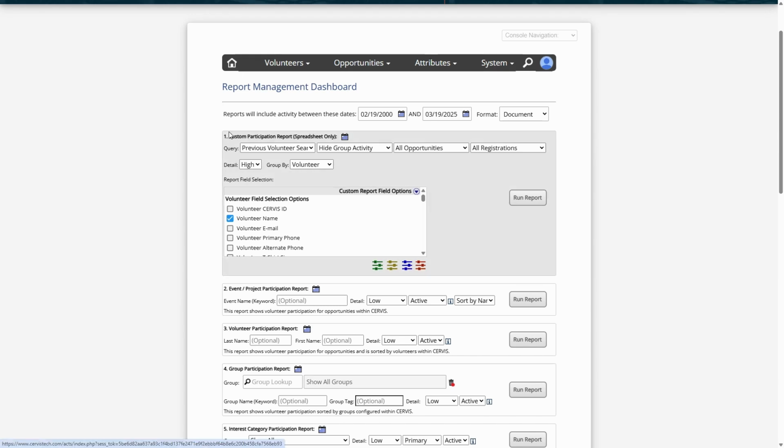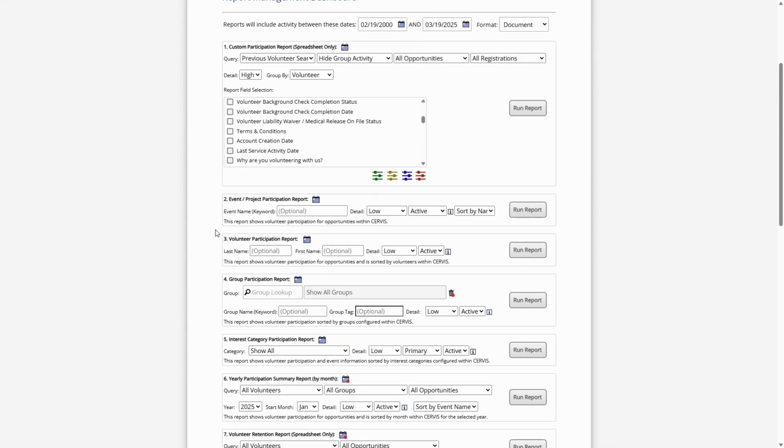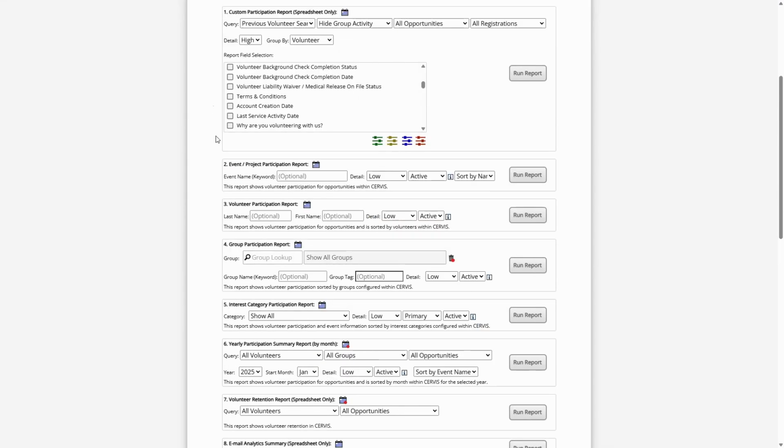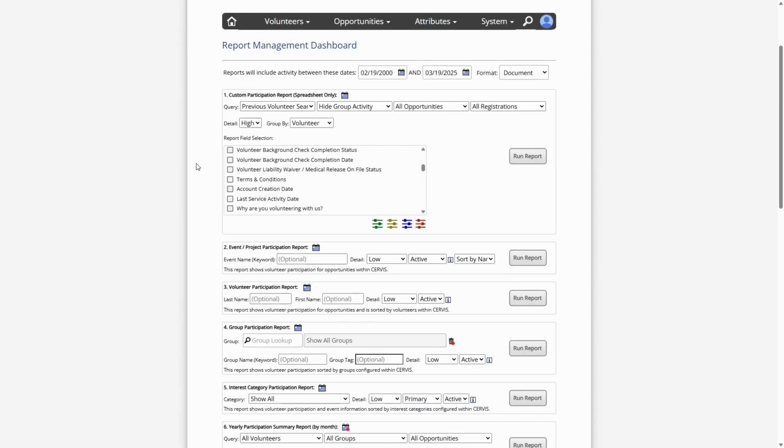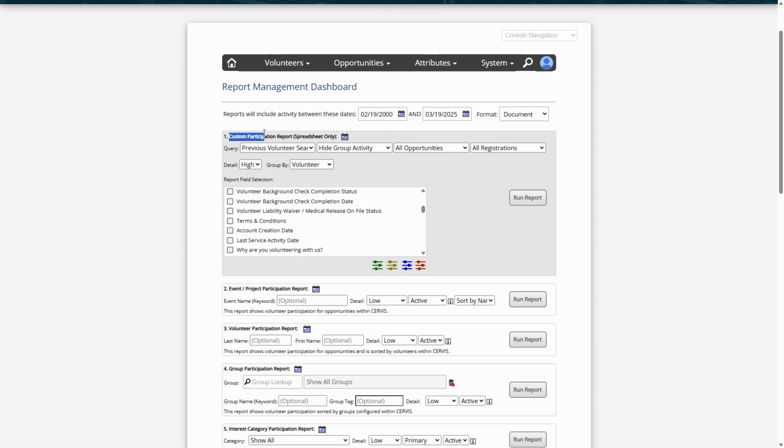Okay, so there are a number of reports in here that target different pieces of information. Like I said, we have webinars that run through all of the reporting options, so if you want more information about particular options in here, check those out. But generally the way that this is broken down, this custom participation report is an excellent report for pulling all of the information. It's a really robust spreadsheet, and you could sort by different columns and get all kinds of information in that